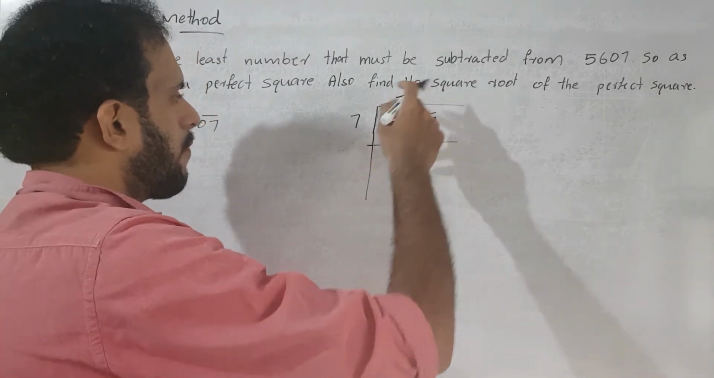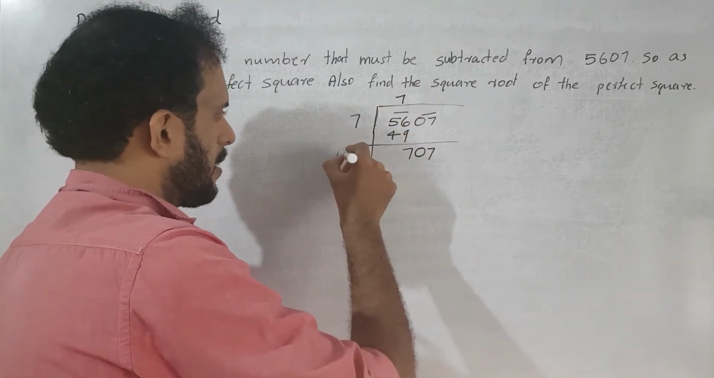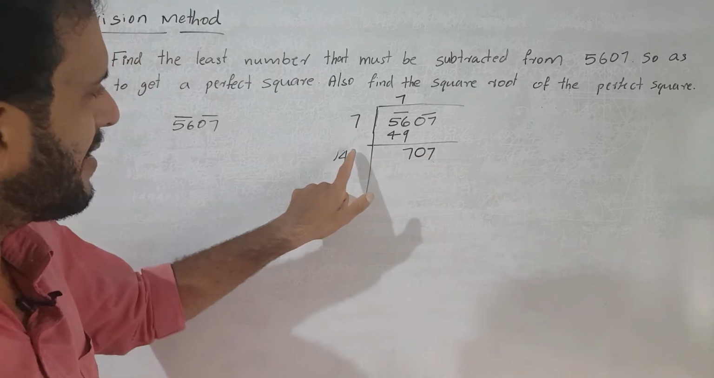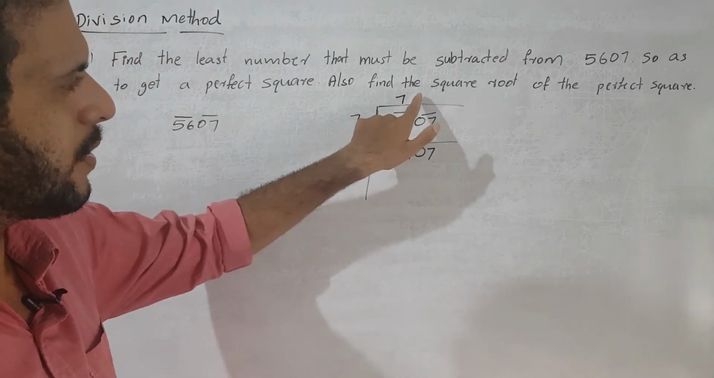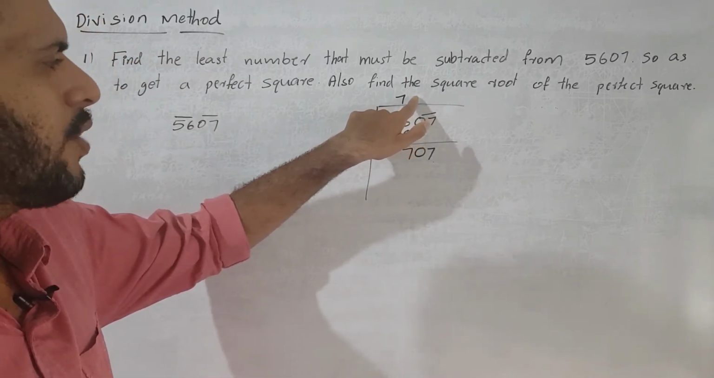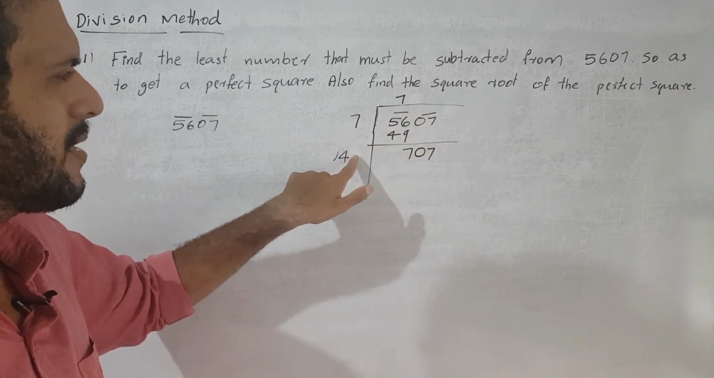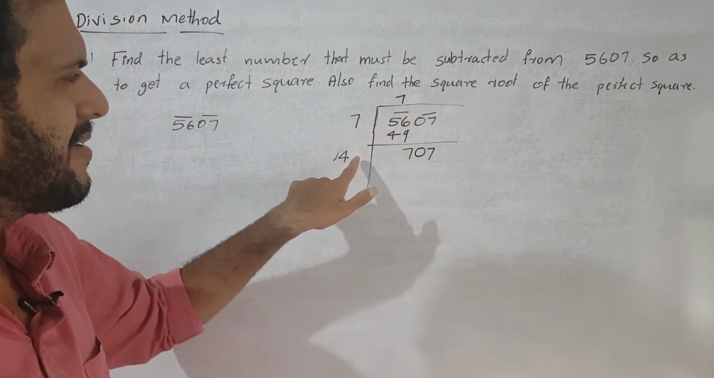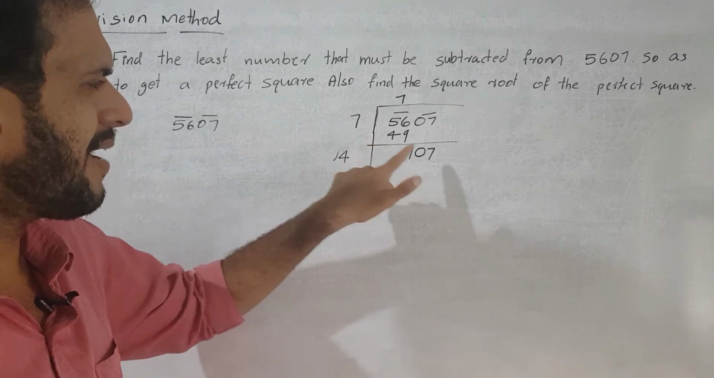Next we take the double of 7, that is 14. Then next we want to choose one digit here, the same digit in the quotient also. Correct. Then we know that if we choose the same digit here, that digit's product never ends in the